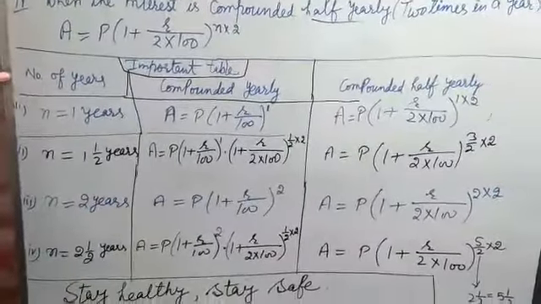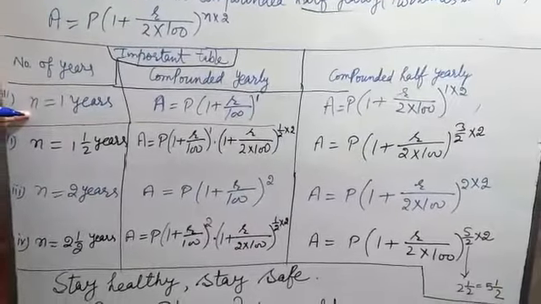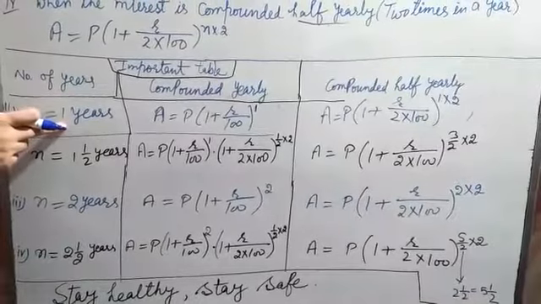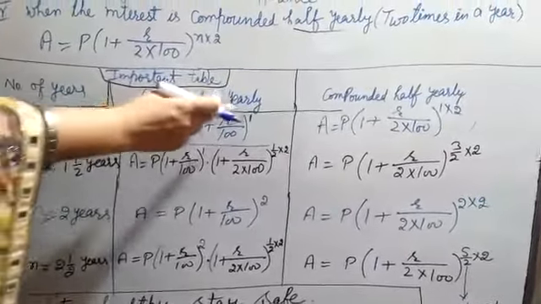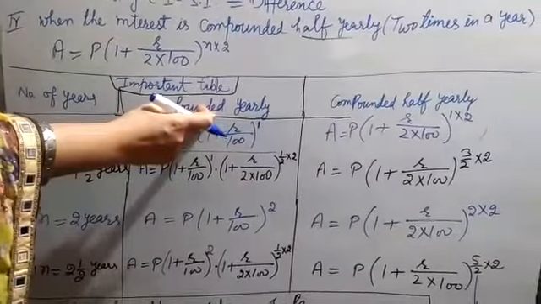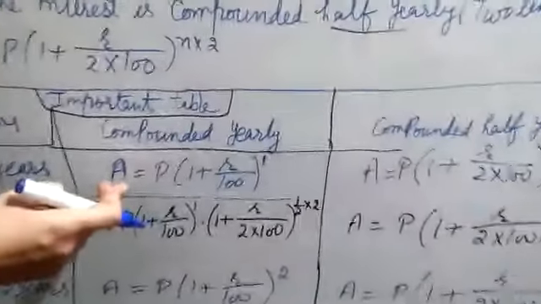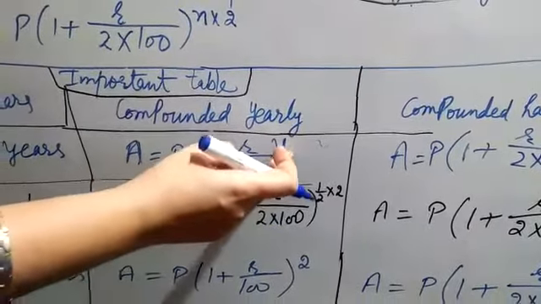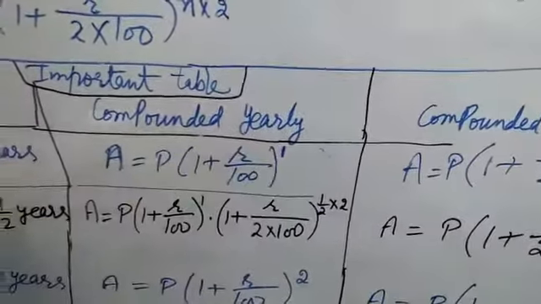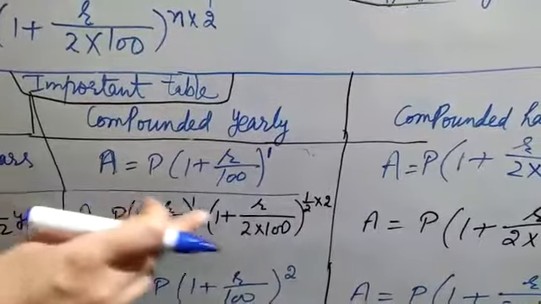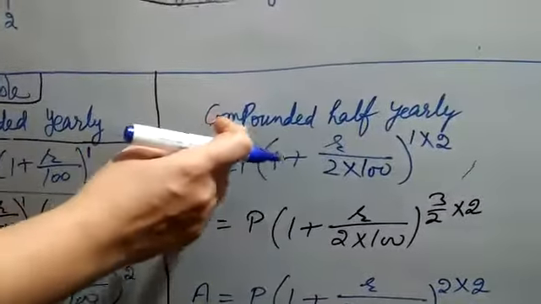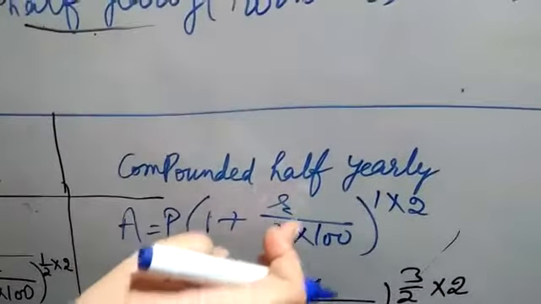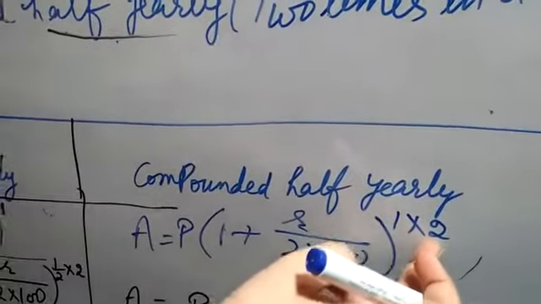In this table, just see, first of all, we are using the standard formula of A. When N is 1 year, it means to find interest for 1 year, it is compounded yearly. When you have the statement interest is compounded yearly, the standard formula of A is A = P(1 + R/100) raised to power N. What is N? 1 year we are taking. So this is the standard formula. For compound interest, when it is compounded half yearly, your amount becomes R by 2. See, R is half and time is doubled.